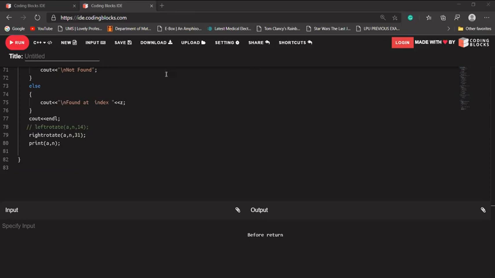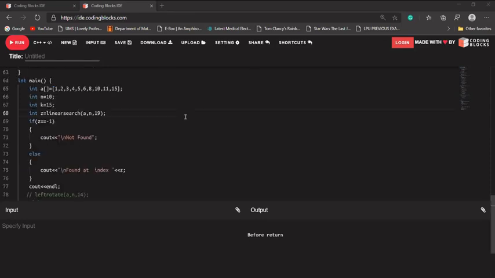Let's try to understand what is the time complexity of this code, this linear search. Aryan, can you reply what's the time complexity of this code? Big O of n. Okay, Aryan, right? Is everybody agreeing with Aryan that it is big O of n? Okay, Rohit, means you are agreeing. Let's try to understand the binary search.